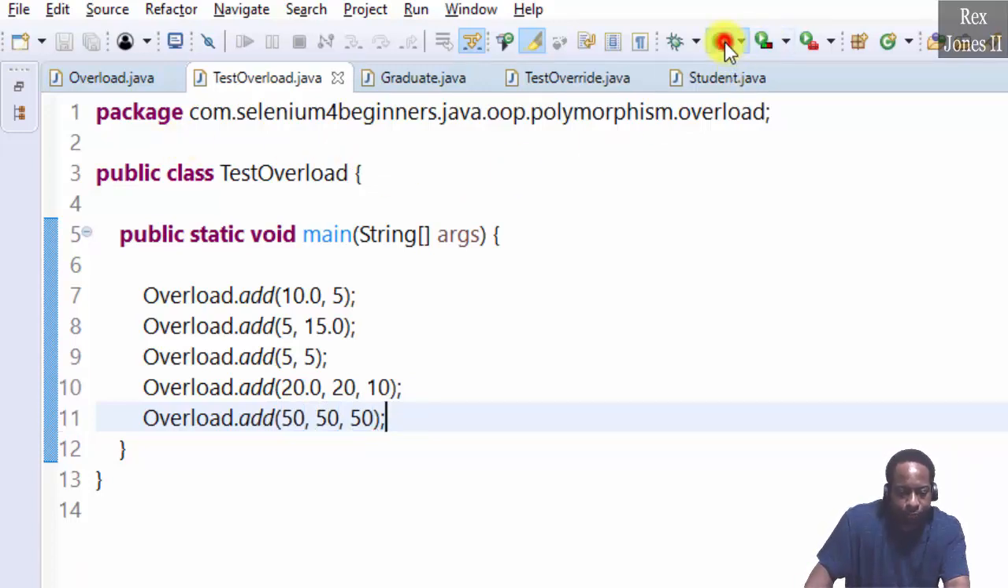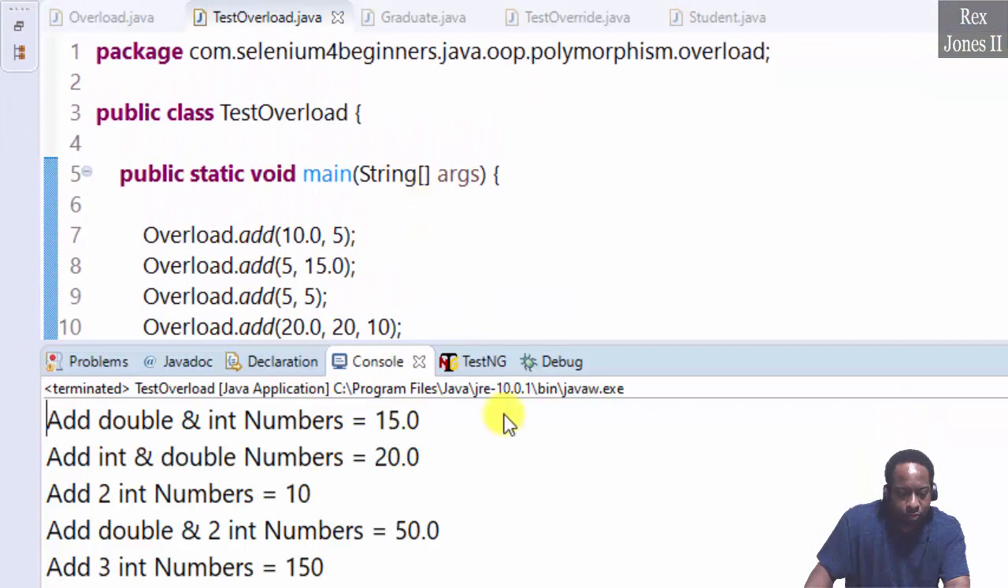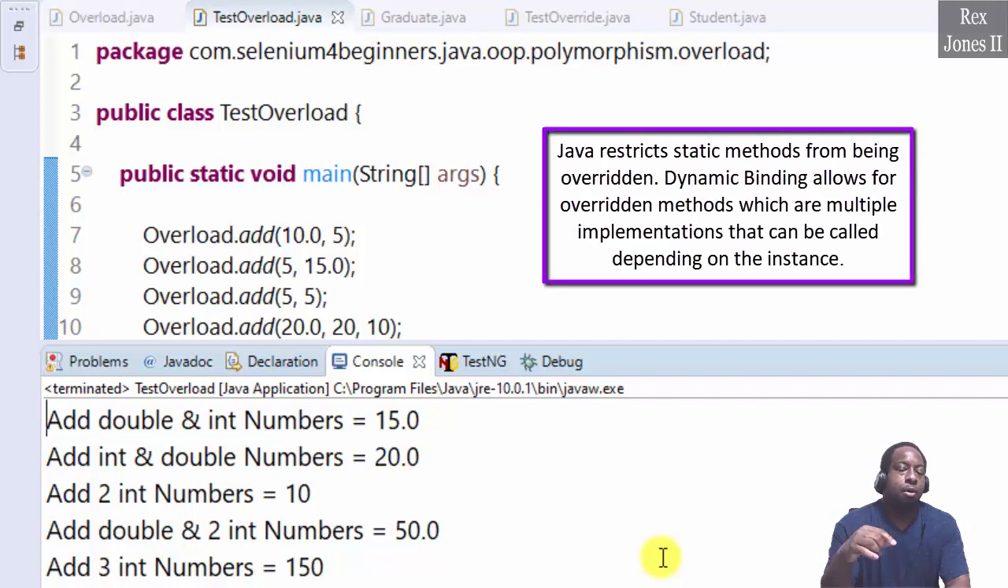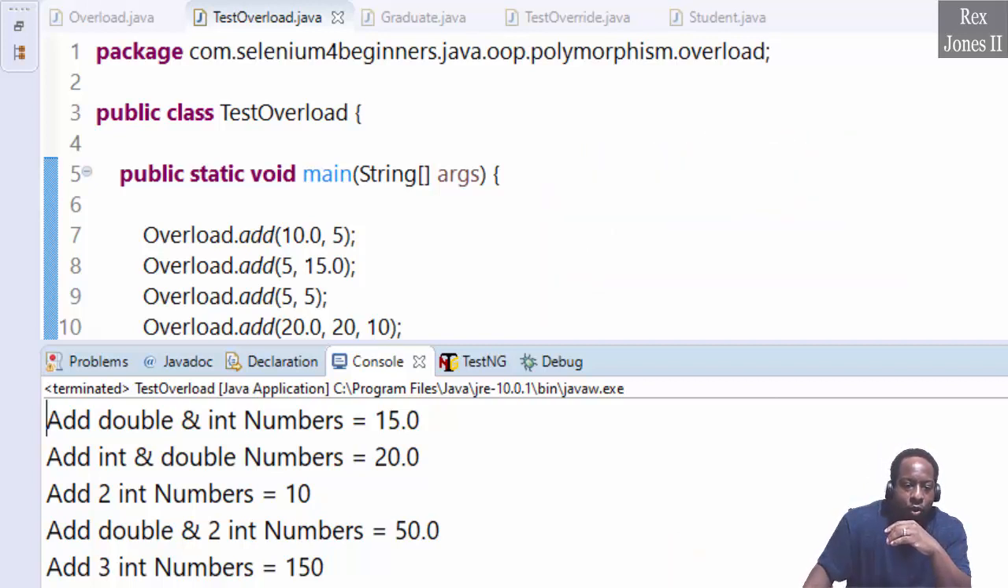Let's run. We see a print statement for each overloaded method. Java restricts static methods from being overridden. Dynamic binding allows for overridden methods, which are multiple implementations that can be called depending on the instance. For example,